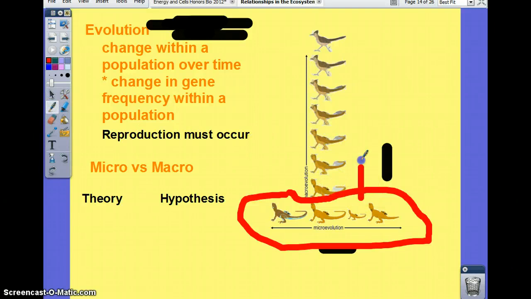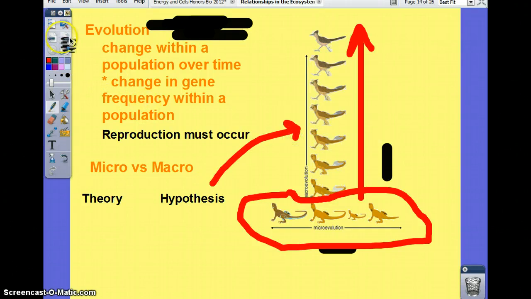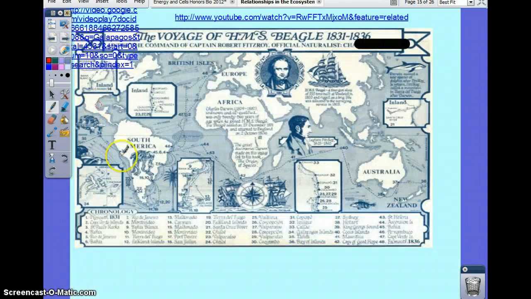This scientists believe did happen. There's an evolution from one species to another type of species over time. In this case, it would be a lizard to a bird. They call that macroevolution or large-scale evolution. And this is a hypothesis that scientists believe did occur based on fossil evidence.